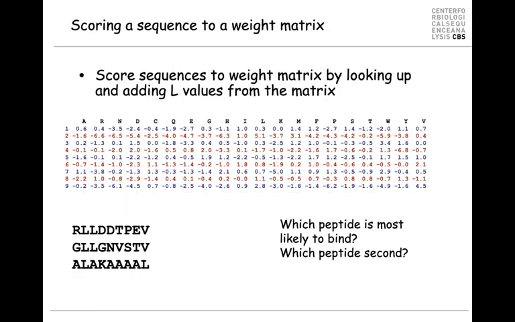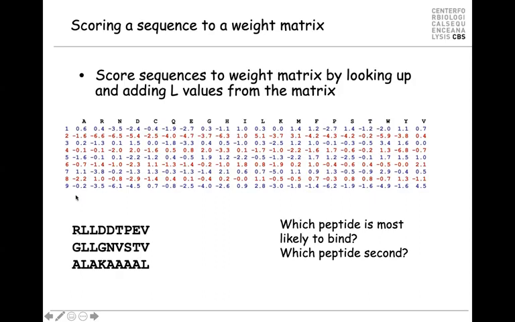And then the last thing to do is, now we have made the final weight matrix that characterizes the binding motif of our receptor. Now I want to use that matrix to go out in nature and scan through a genome to find other peptides that also could bind to my receptor. And how do we do that? We take simply